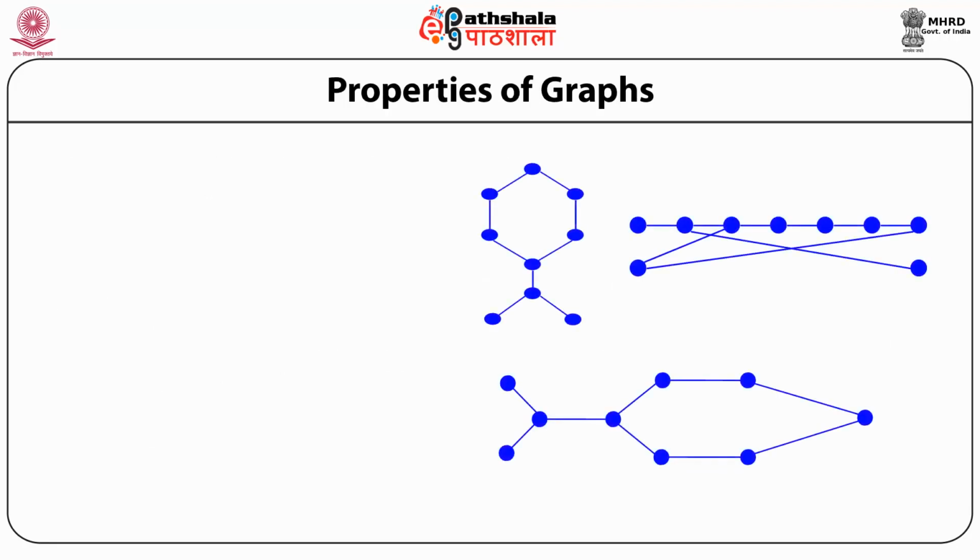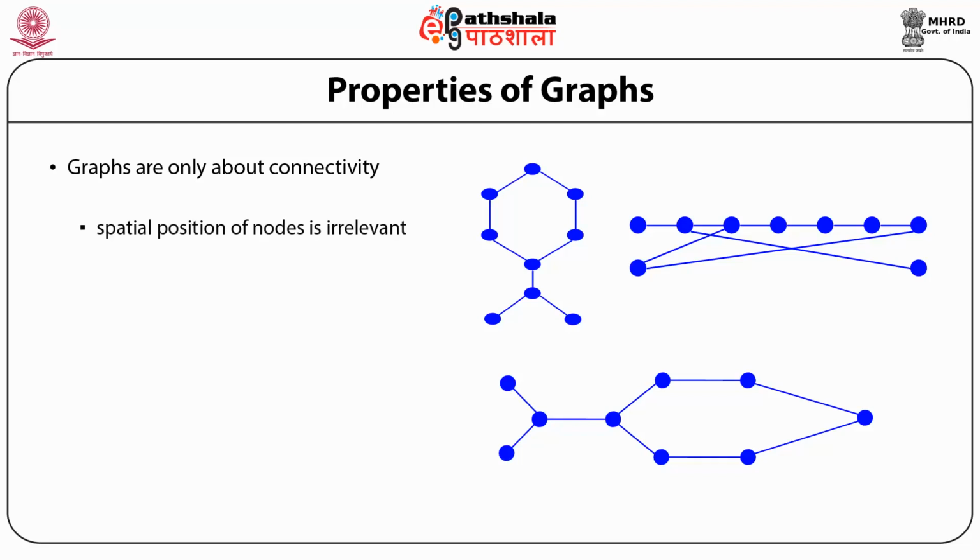We must remember one important feature of these graphs, and one must look at the graphs very carefully. Graphs are only about nodes, edges and connectivity. The spatial position of the nodes is irrelevant. Hence, the length of the edges is also irrelevant. Crossing edges are irrelevant. How you draw it is irrelevant. It's shown in the following pictures. All 3 graphs are actually isomorphs. They are absolutely similar graphs, but they look very different. That does not affect the mathematical operations between the graphs.